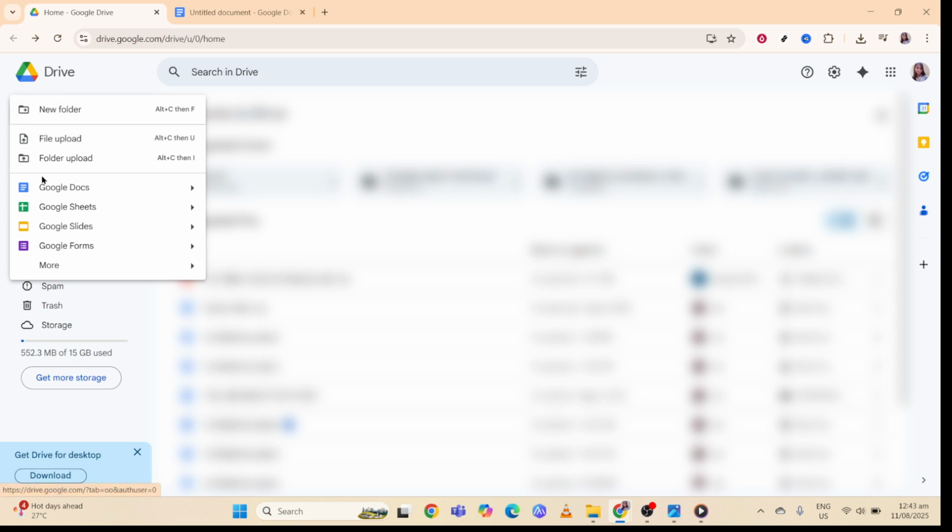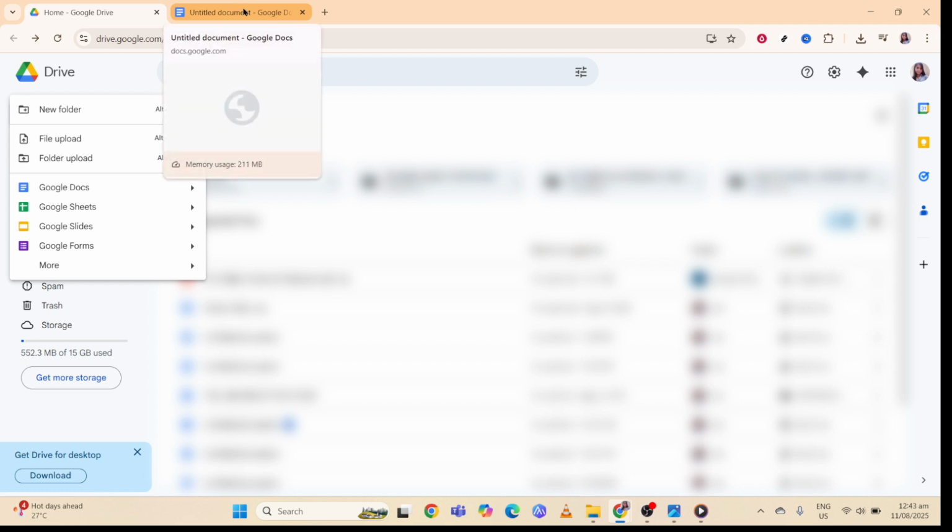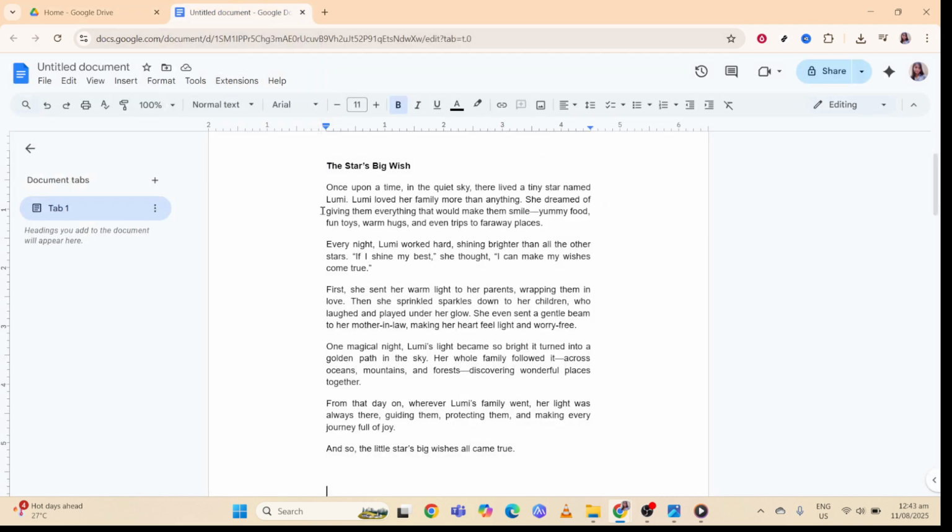First, you'll need to open Google Docs, which we can do by going to Google Drive. Once you're on your Google Drive homepage, locate and click the New button. This is usually found on the left side of your screen. A drop-down menu will appear with several options, but for now, let's focus on selecting Google Docs from this list. If you don't have a document open already, you can create a new blank document, so we can move on